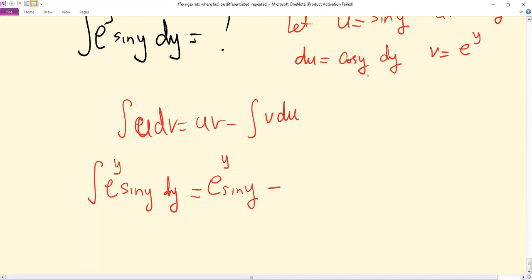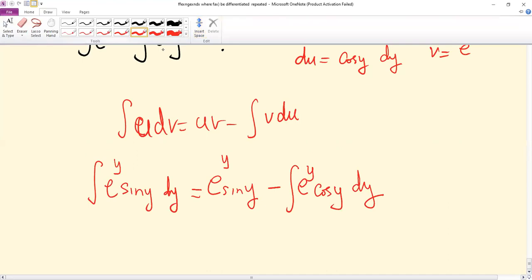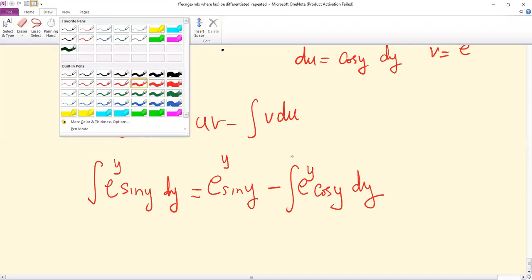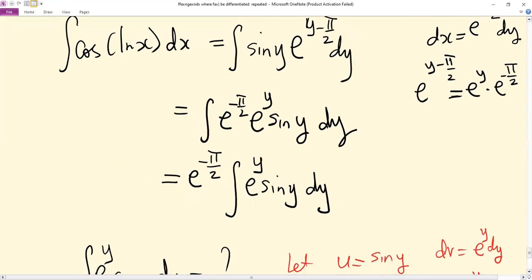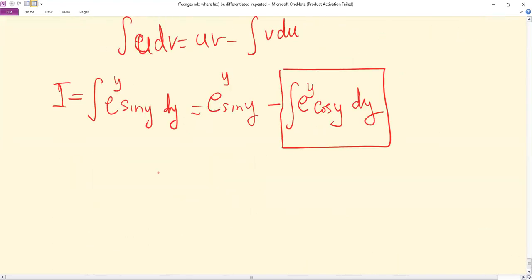So this v, this is du. So integral of e raised power y, and then cosine of y dy. So you see this second term in the integral also dictates us to apply integration by parts again, this part here. So let's call this one integral I. So integral of e raised power y cosine of y dy